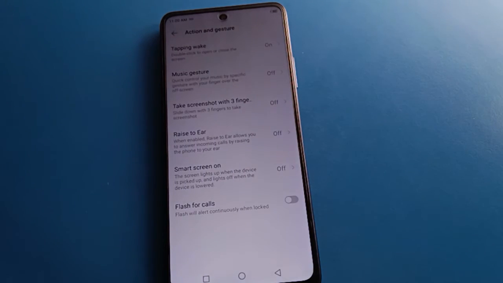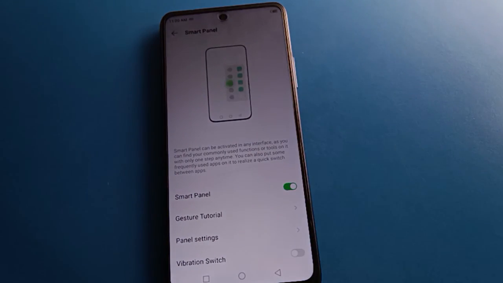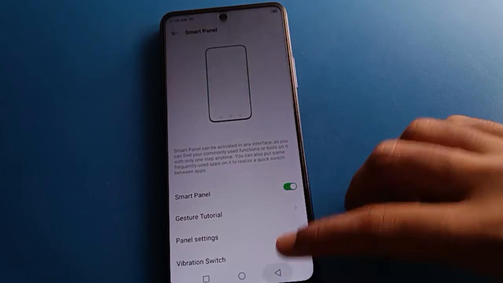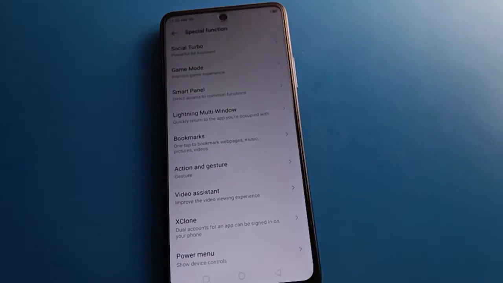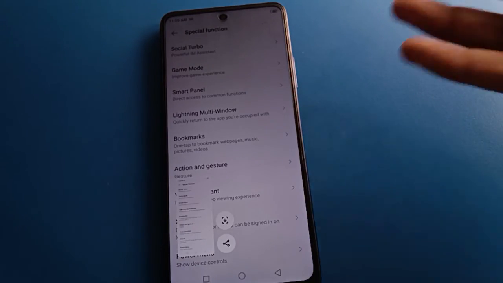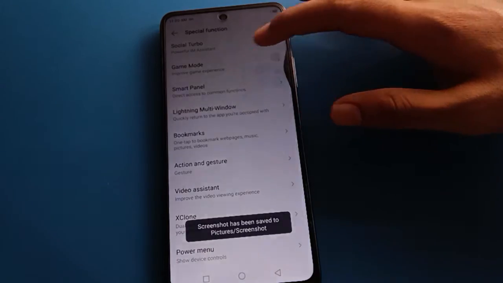And friends, now we will turn on the smart panel setting. After turning on the smart panel, friends, you can take a screenshot with the shortcut setting. Swipe here on the right side, click here on the screenshot option, and you can take a screenshot without 3 fingers. And friends, if you swipe here and the screenshot setting is not here,